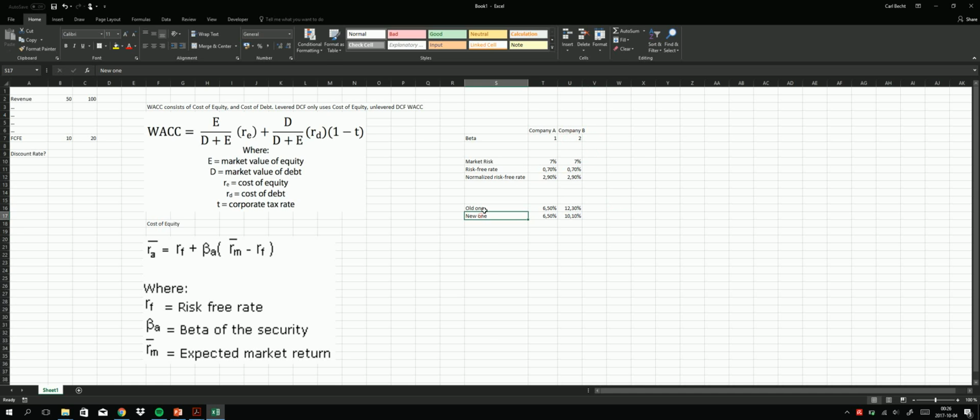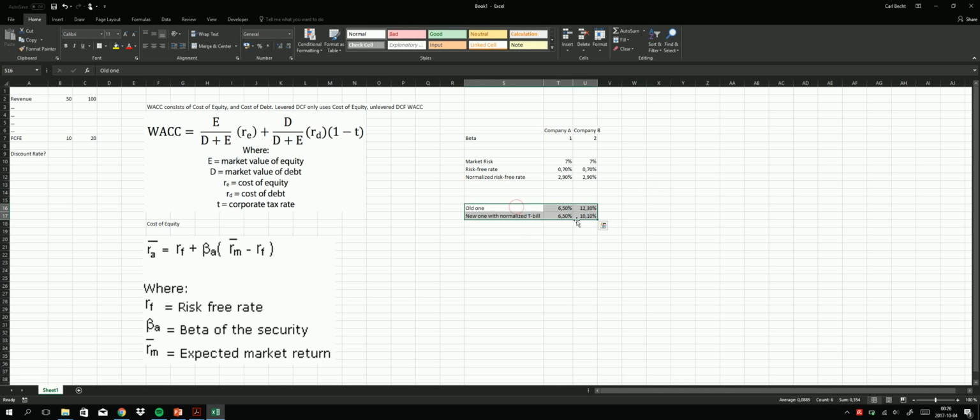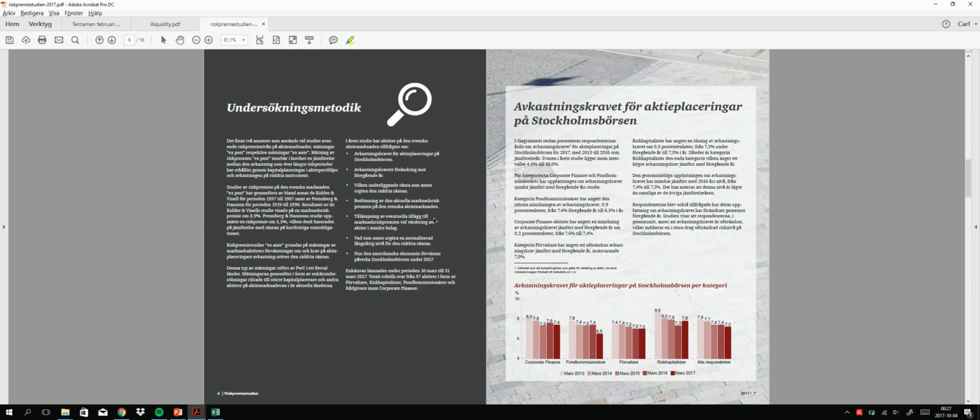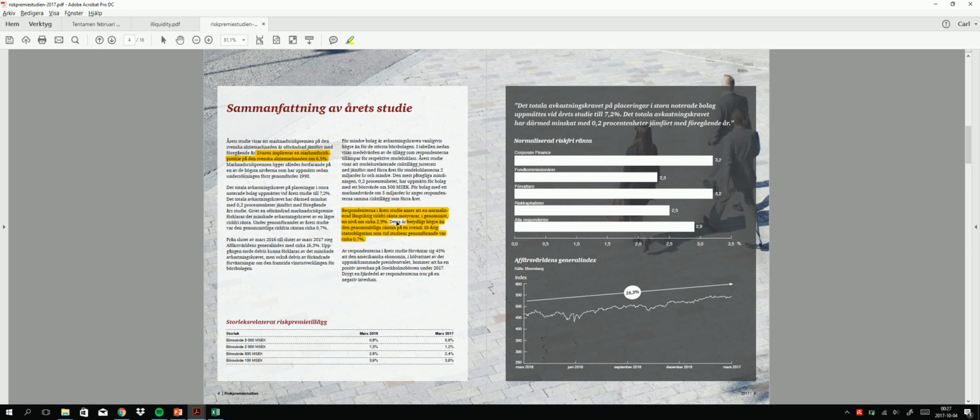So we have new one with normalized TV. Perfect. So we have 2 discount rates now. Is that all? Well, what I like to do is have a liquidity premium. When it comes to small companies, they are usually not very liquid. And generally in this study, they have something called a size-related risk premium add-on, which is essentially the same as a liquidity premium. So what they say is if it has a market cap over,